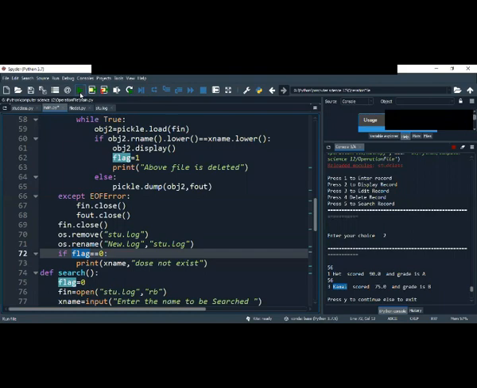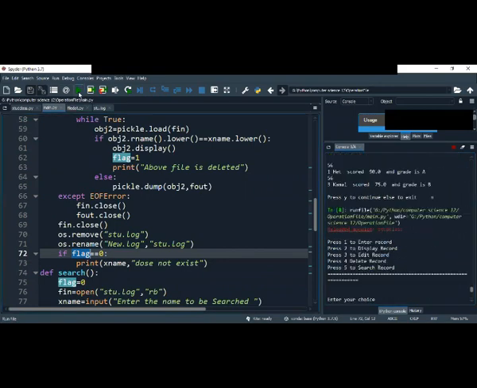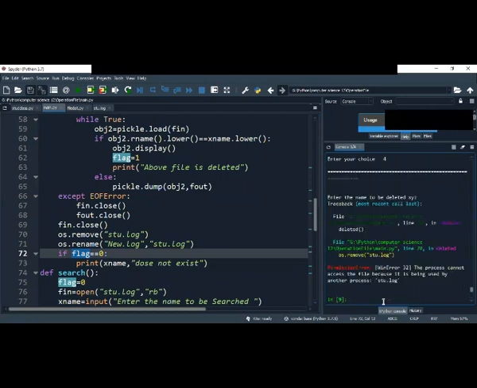Let me exit here and run this. For example, I want to delete number 4 and I write X, Y, Z. X, Y, Z is not there. So what should it do?